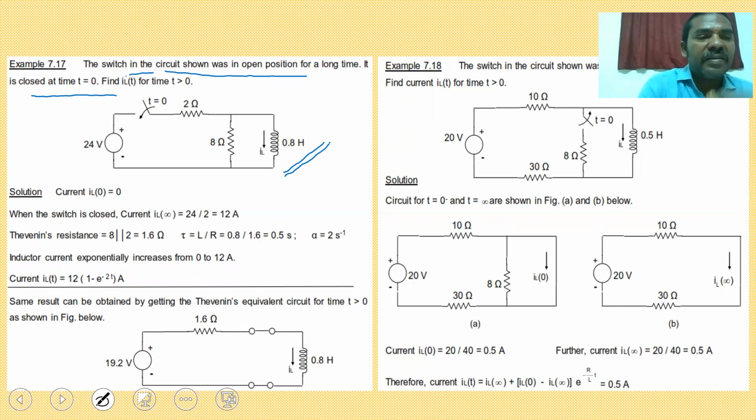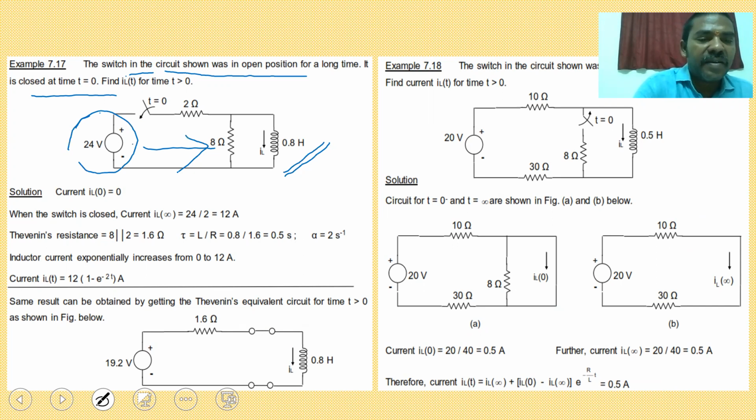Then at t is equal to 0, the switch will be closed. At t is equal to 0 minus, just before the switch is closed, what is the inductor current? 0 only. At t is equal to 0 plus, immediately the switch is closed, so then this voltage is applied to your circuit. Okay. So when the switch is closed,